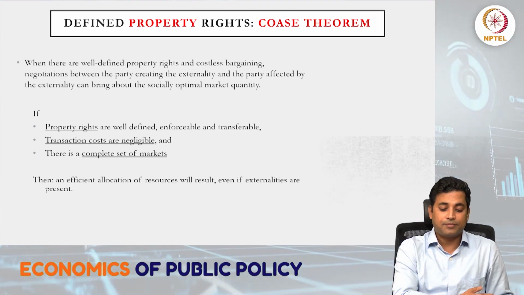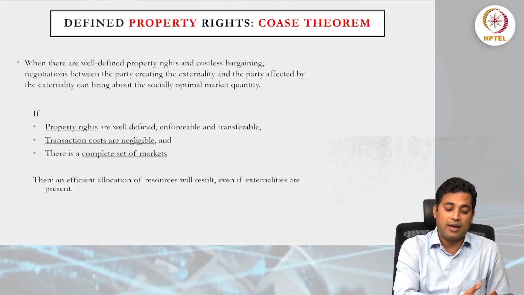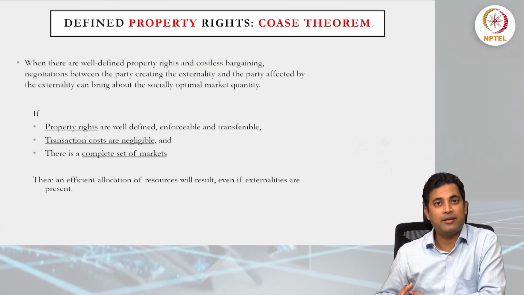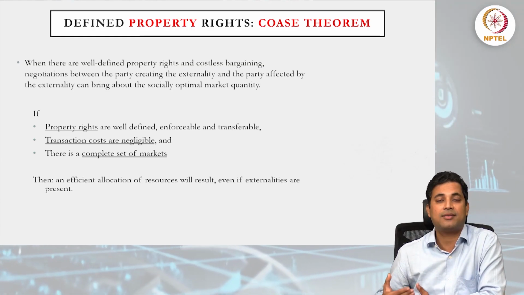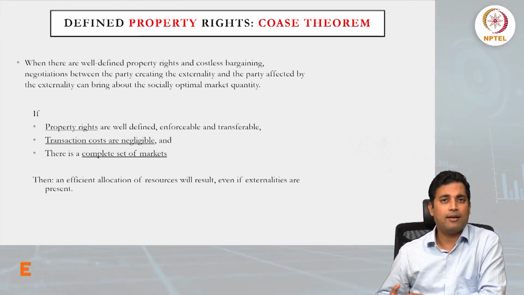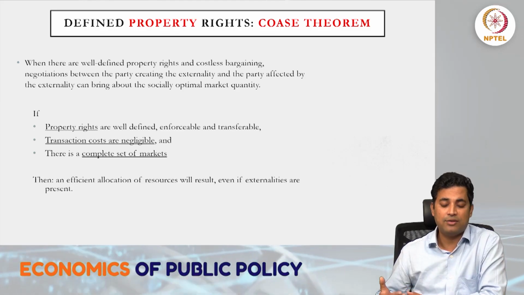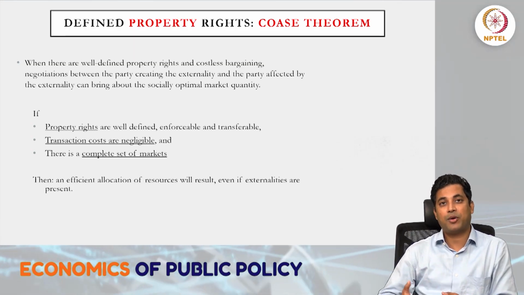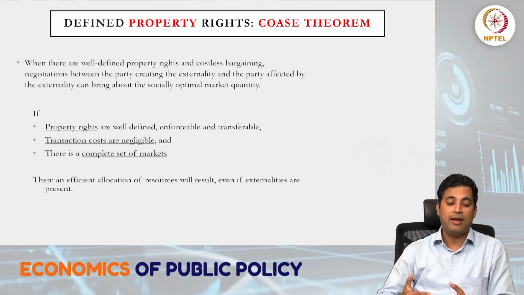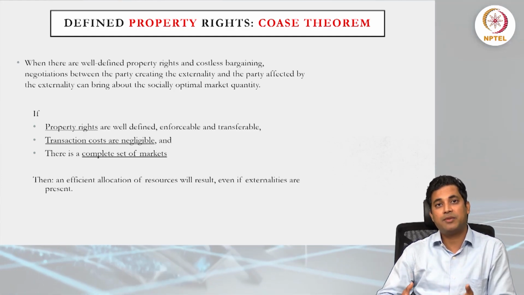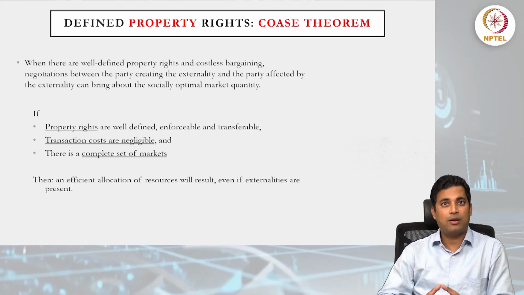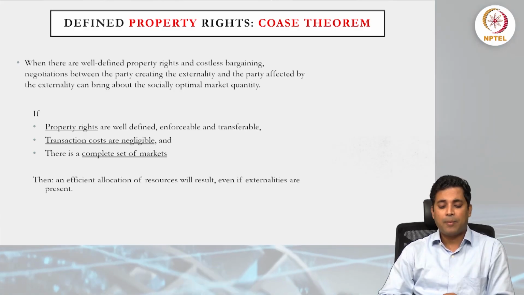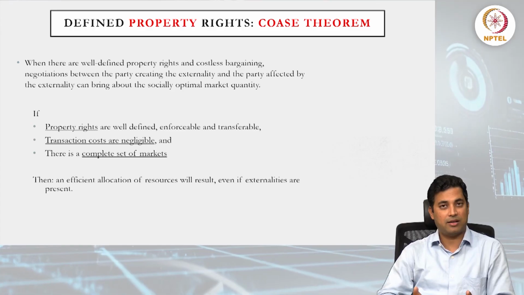What we learn from the Coase theorem is that when there are well defined property rights and costless bargaining, where two parties come together and try to find amicable solutions to access the resources or do the business, and that bargaining costs very little, it's not that one is holding back, or, as a byproduct of this kind of bargaining, corruption or some other non-institutional arrangements which become very costly, meaning transaction costs become very expensive. If that is manageable, low or zero, and property rights are well defined between the party creating the externalities and the party affected by the externalities,